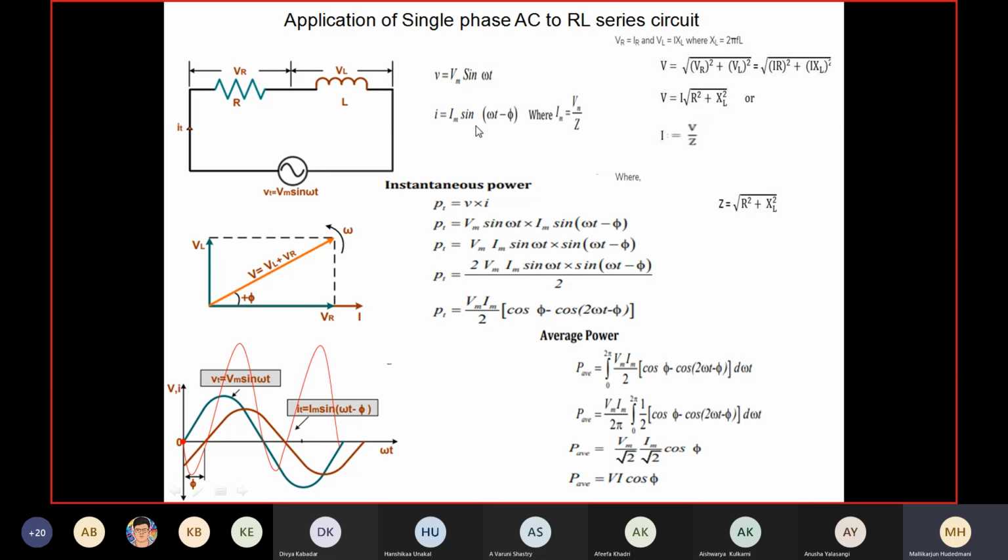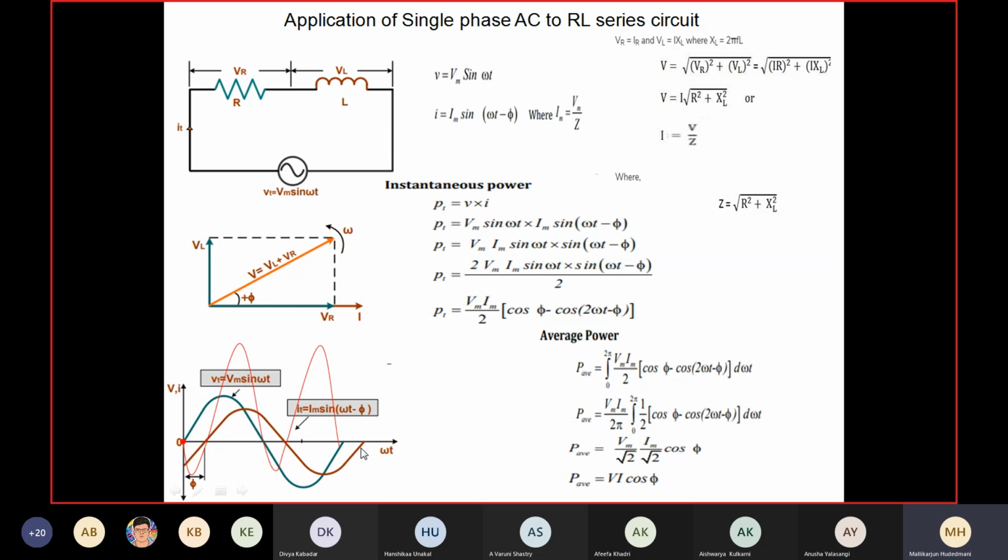So I can draw the waveform. You can look at the bottom here. The sky blue curve shows the voltage equation, beginning at 0, pi and 2 pi like that. Then the current has some peak value, sinusoidally progressing, but starting from what? Late by an angle phi. Minus phi says it doesn't start at 0. Late by an angle, you can see there is a marking here, phi. Late to which it starts at 0 cross, goes to peak, and makes one complete cycle.